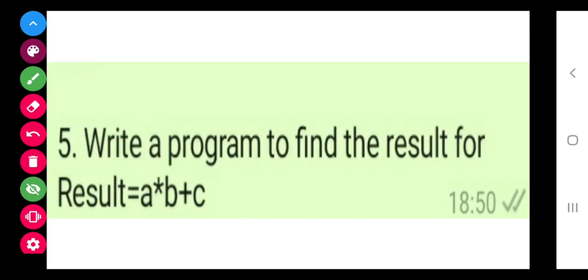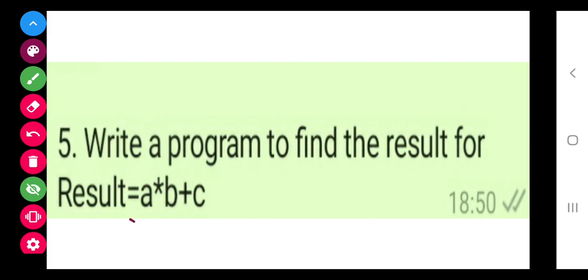Next program, this type of program often comes in your board exams also. Find the result where result is equal to A into B plus C. So here we have to think for ourselves. Previously it was given that there are five subjects, so five times you have to enter values.